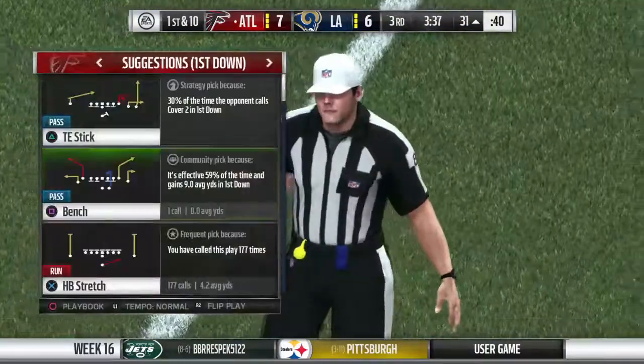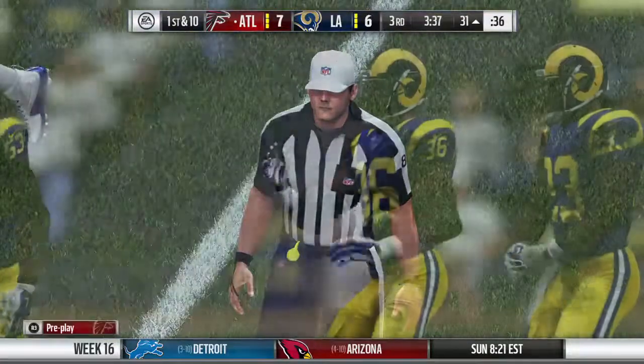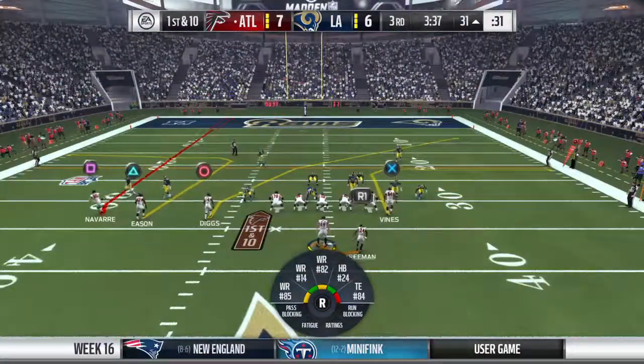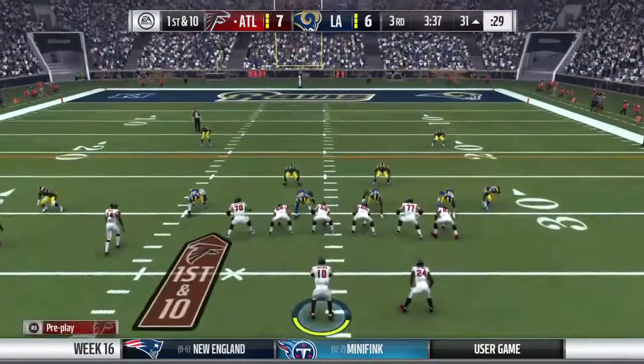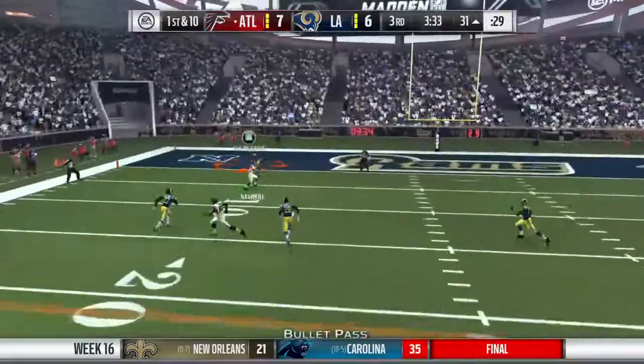So a pass interference here, and this is obviously a call we see all the time, but for the defender, it's becoming almost impossible to play defense in some of these situations. You're trying to play through the receiver to the football. If there's any contact at all before he gets there, those officials will throw the...